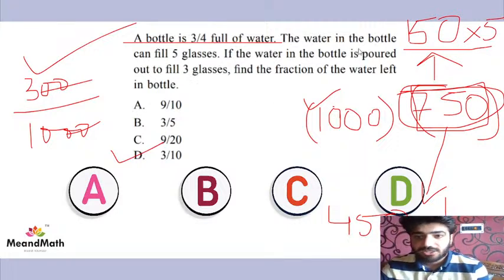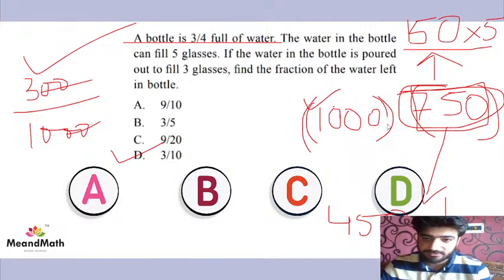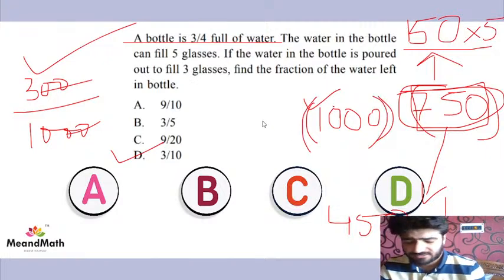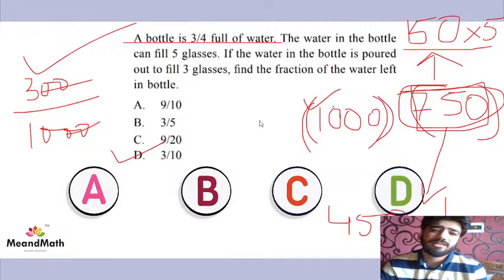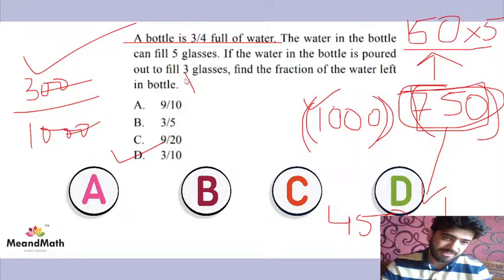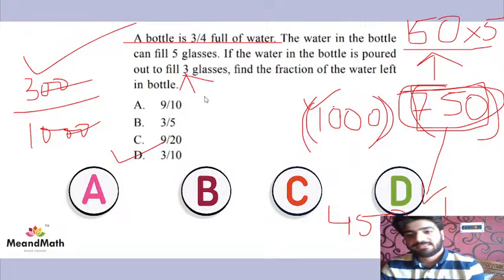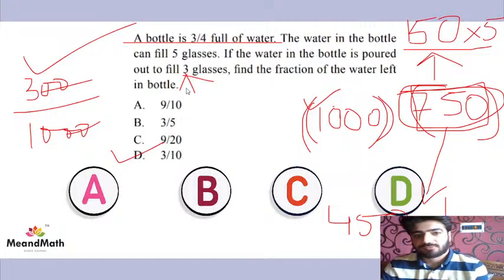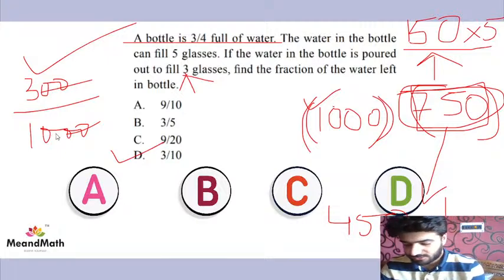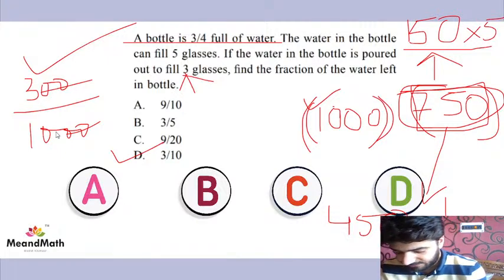You try to understand, you imagine it with 1000 milliliters or 1000 of any quantity, 1000 liters in a big bottle. You imagine like that. And then you divide 3 by 4 full of water, then you divide it into 5 glasses. How much? 750 will be divided into 5 glasses, and then you imagine that if you can divide it into only 3 glasses, how much will be there out of that water that was filled. So 2 glasses were left. 2 glasses will be only 300 ml, and 300 by 1000 will be 3 by 10. Okay,